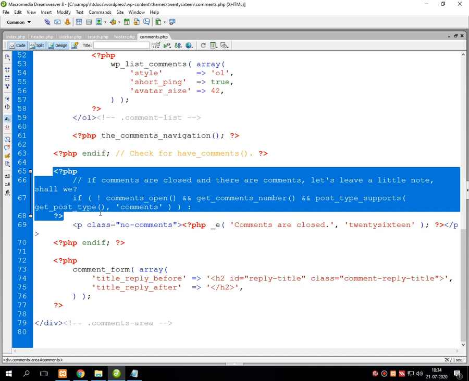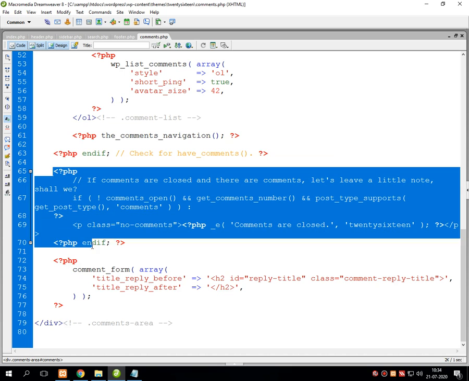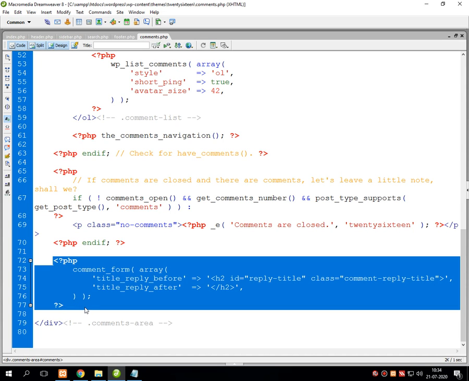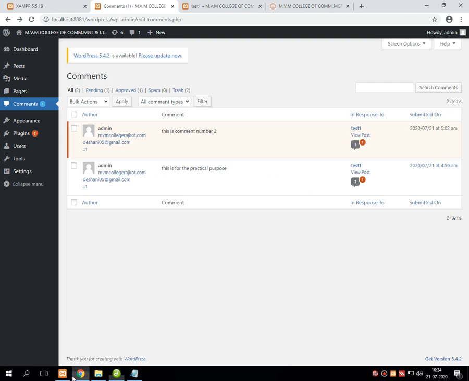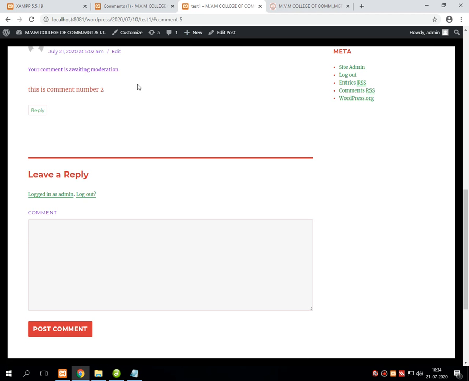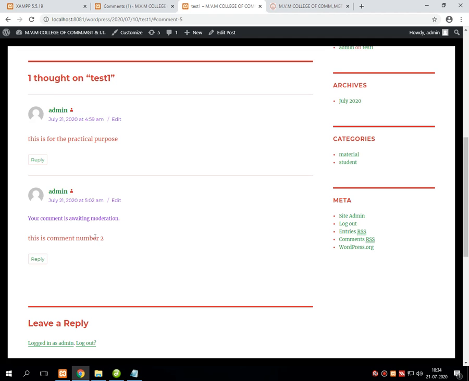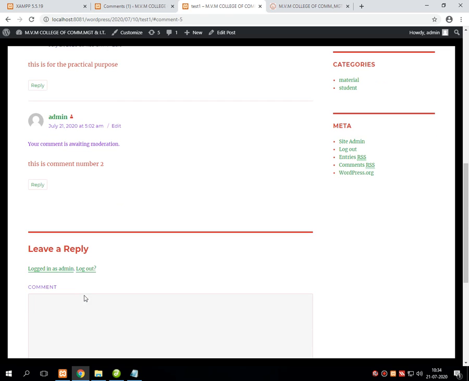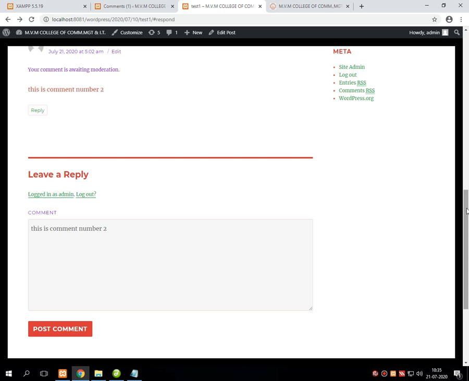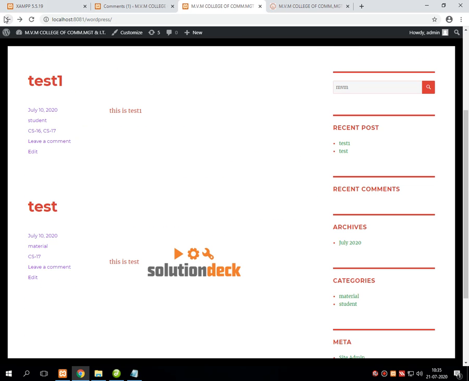Then it would be justified using this line of code, and at last whatever manipulation is done from the admin side will reflect to the client side. Suppose I am refreshing the entire content, then over here you can see which comments are approved by the administrator and which comments are rejected by the administrator. So that is the purpose of executing the comments from client side to the server side, as well as returning from server side to admin side.